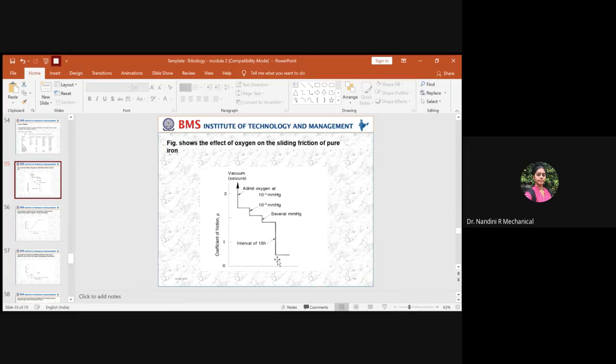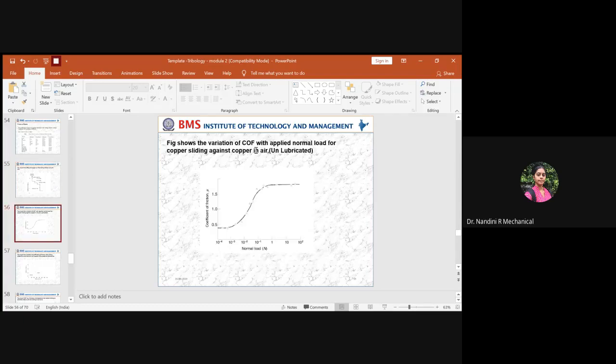As you increase the amount of oxygen under the vacuum, the coefficient of friction starts increasing. Why? Because it is a property of iron that it gets affected easily by oxygen when it comes in contact with a high amount of pressure. This is tested by subjecting iron within a vacuum chamber. This shows how the effect of metal comes into the picture with respect to the surrounding environment.